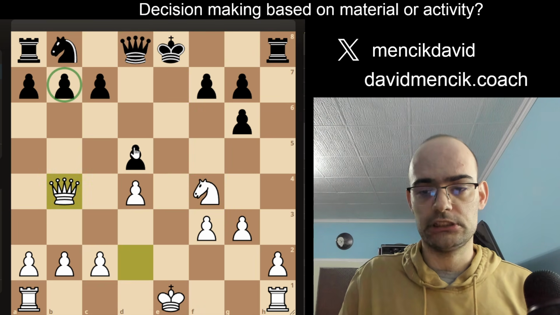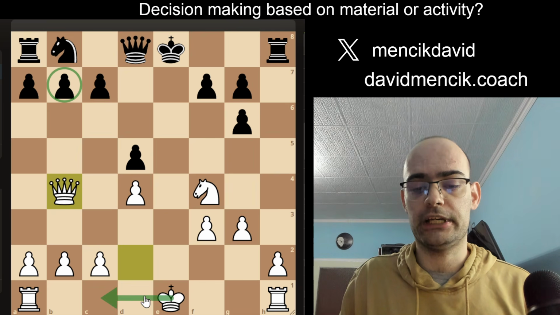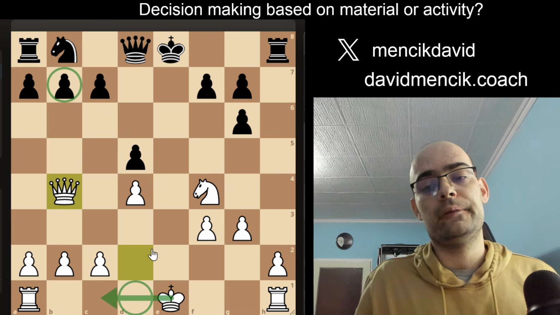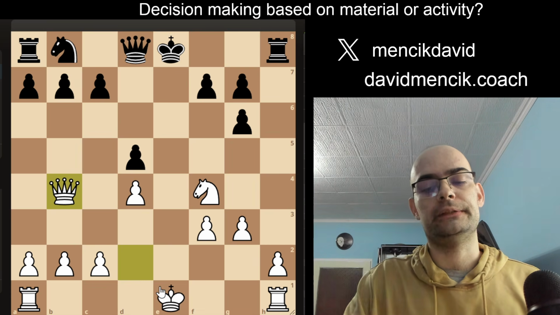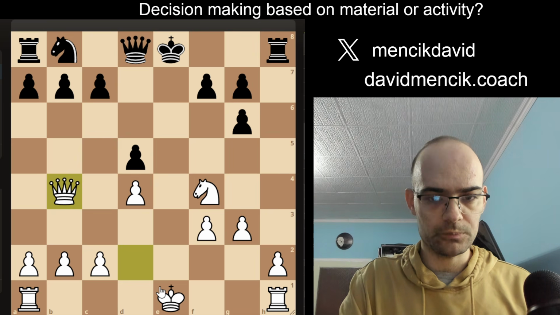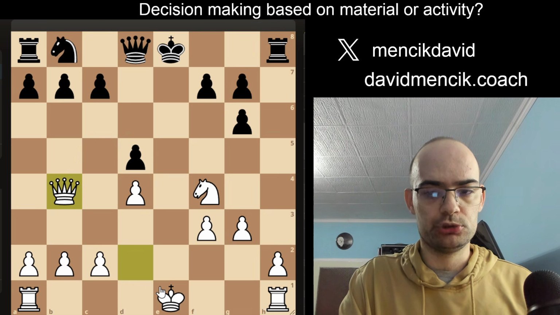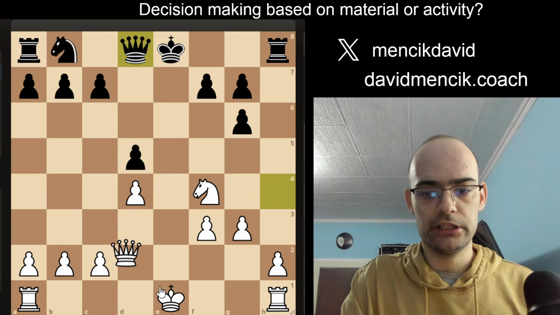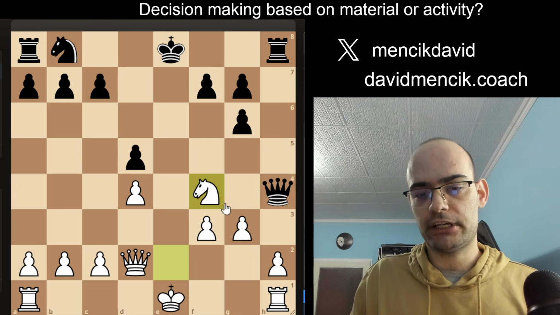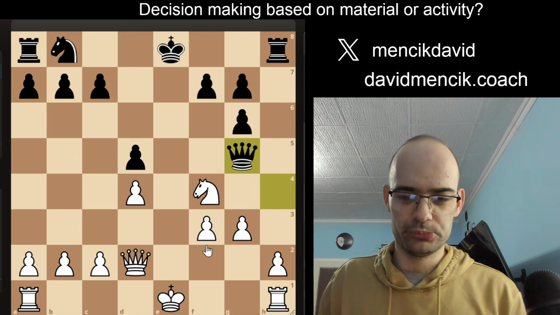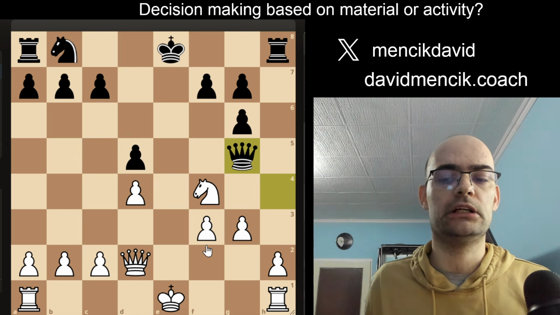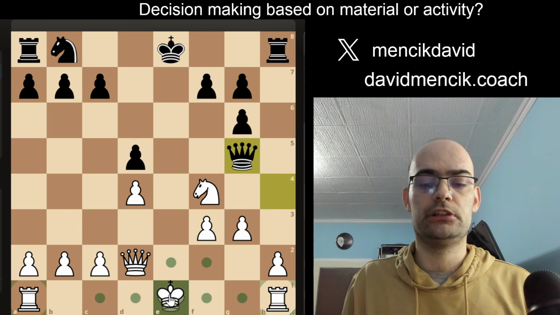And of course, if black allows white to castle, a move like rook e1 will happen, and black will be in huge trouble. Maybe the position is actually lost already here. So queen g5 and queen e7 are possible. Both of these moves would be okay, but white is of course going to be clearly better here.